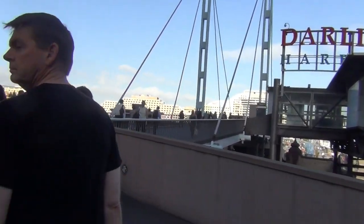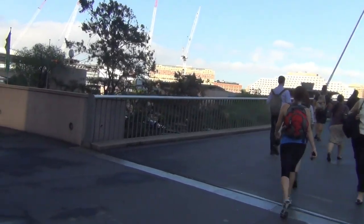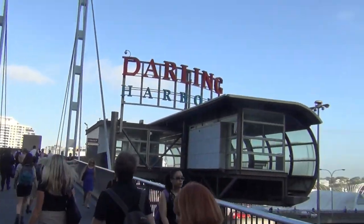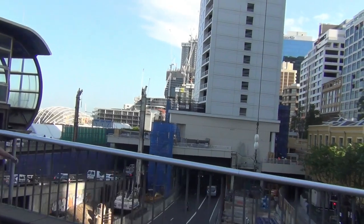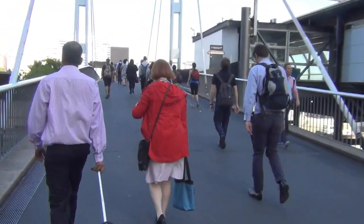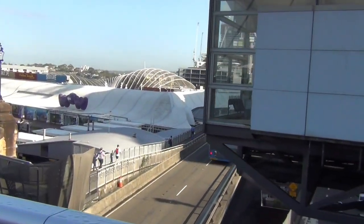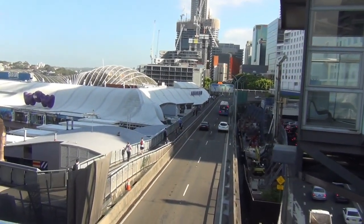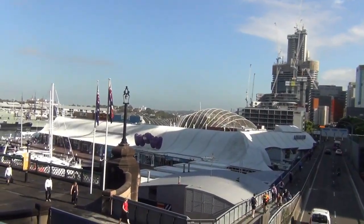So this is the footbridge over to Darling Harbour. It's the aquarium. Probably won't make it there, but